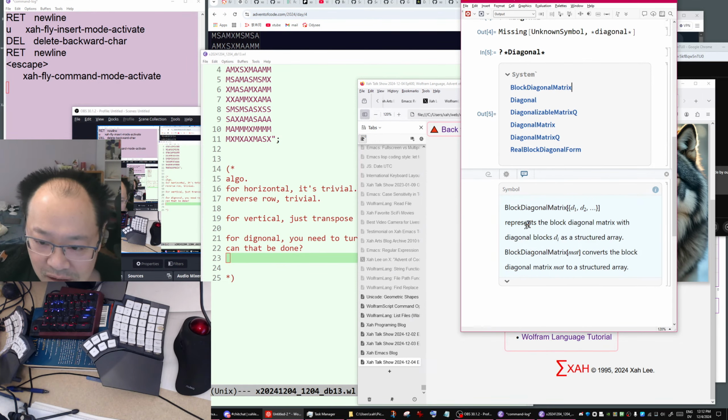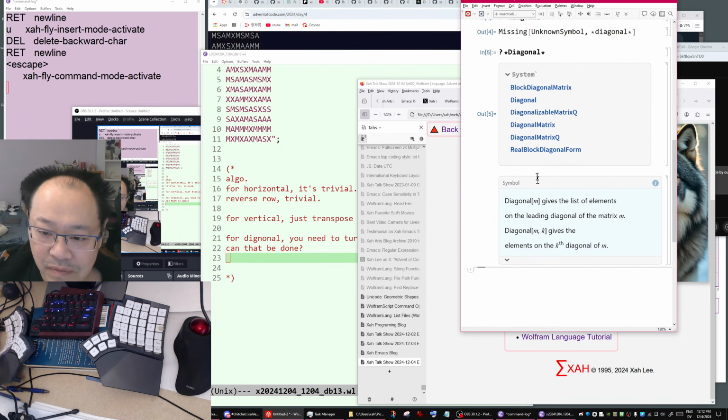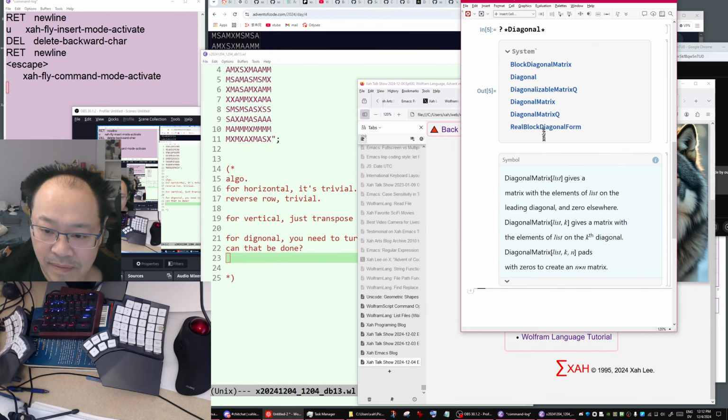Okay, so let's represent the block diagonal matrix with diagonal blocks D. You actually keep the list of elements on the leading diagonal of the matrix. Okay, diagonal matrix gives the matrix with the elements of the list on the leading diagonal. So diagonal matrix is a mathematical concept in math.